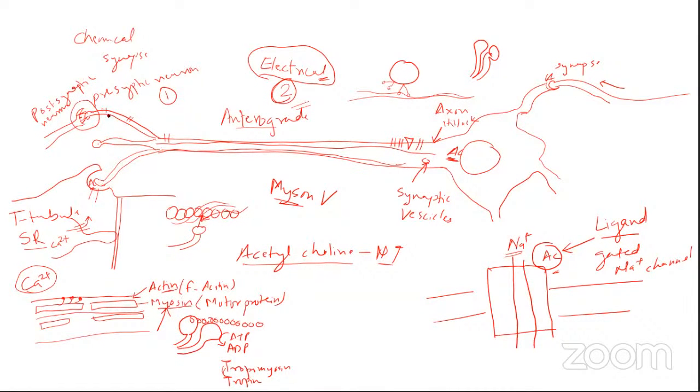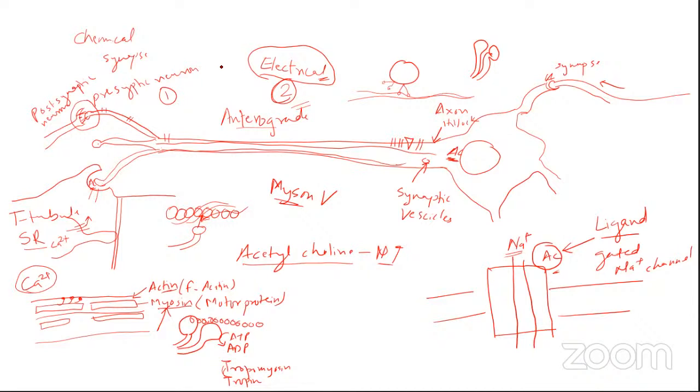So what happens is that whenever the action potential, which is the depolarization of the presynaptic membrane, reaches the axon terminus, that action potential is directly relayed to change the action potential of the postsynaptic neuronal membrane as well, and then it propagates all throughout the next neuron. So this kind of neuronal impulse transmission happens in electrical synapses, which are very, very fast transmitting.